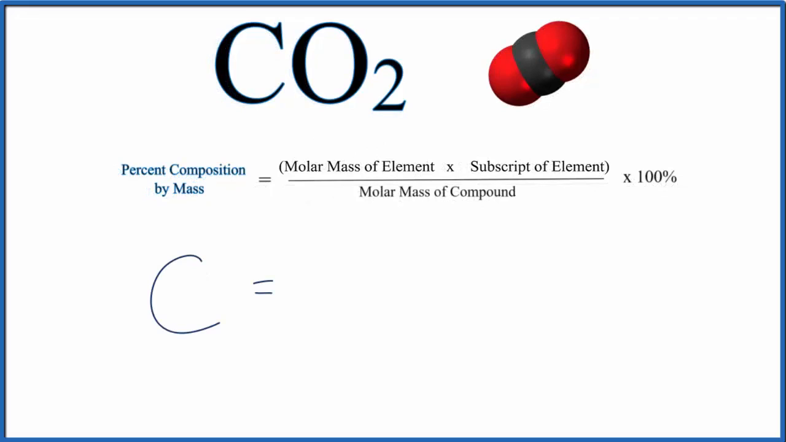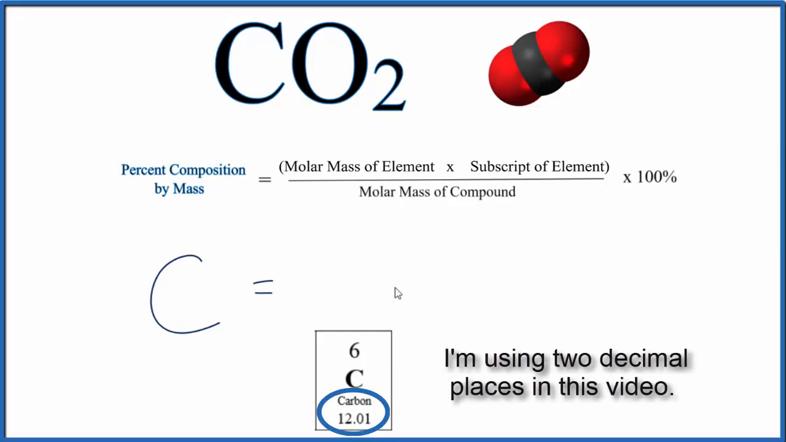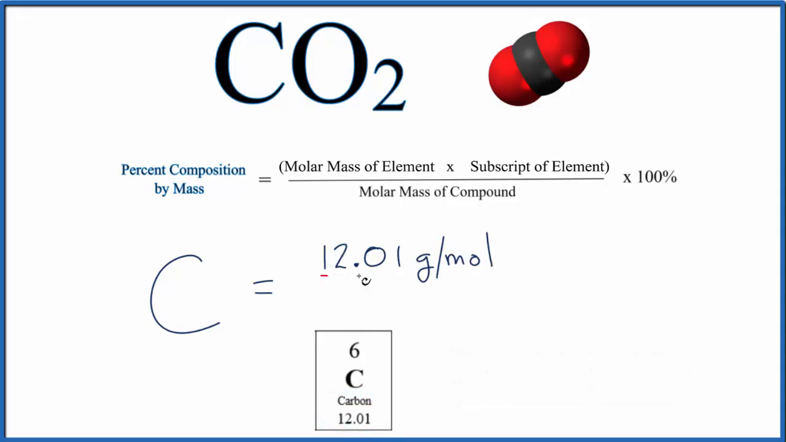For the numerator, we're going to put the molar mass of the element. The element we're interested in is carbon here. When we go to the periodic table, we can see that carbon is 12.01 grams per mole. So we're going to write that in the top part of the equation. Then for the number of the element, we only have one carbon. When we don't have a subscript here, we assume that there's only a 1. So we'll multiply this by 1,